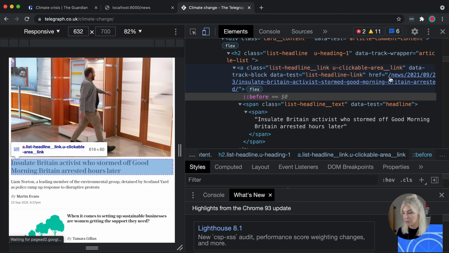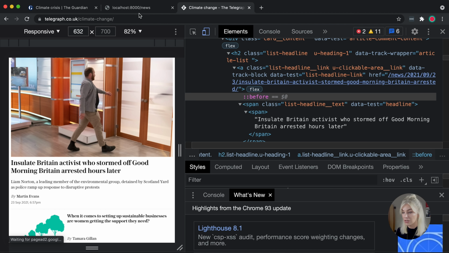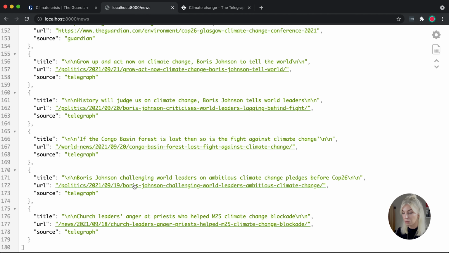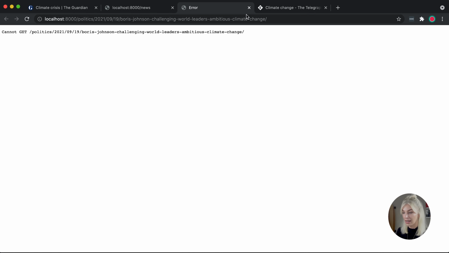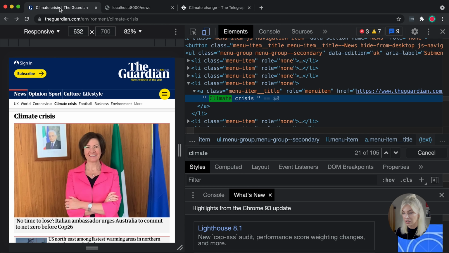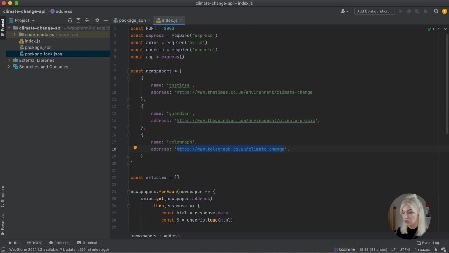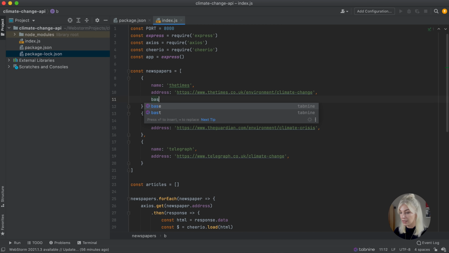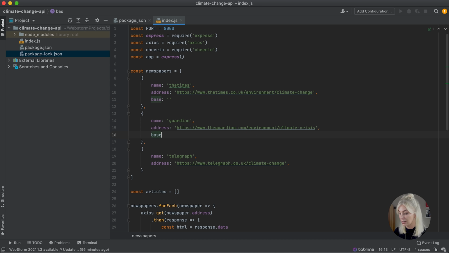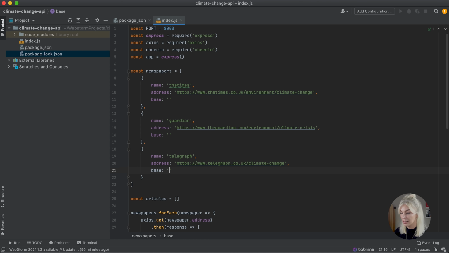So this is working fine. However, we need to make an adjustment. So this is not the full URL, because if we click on here, it will not take us to anything. So our API is broken. People would not like that. So all I'm going to do is go back here and pass through a base. So this doesn't need a base, so I'm going to have that empty. This also doesn't need a base. The Telegraph, however, needs a base. And I'm just going to pass through the base,